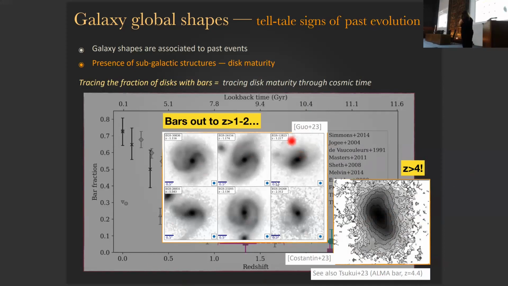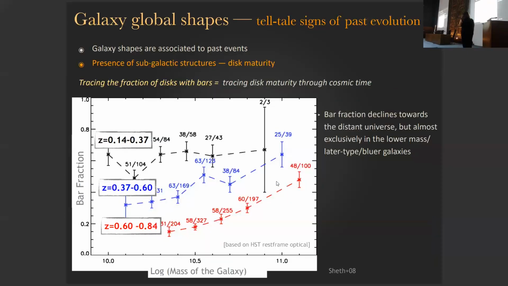pretty clear bars. So having disks with such nicely formed and detectable bars is actually a surprise, considering what we knew before. 15% of all spirals had bars at 0.8, so we were expecting it to continue to show a drop, but there starts to be a little bit of contention, especially when simulations show the expectation of there being a lot of bars. So there's a lot of interesting stuff being discussed around this.